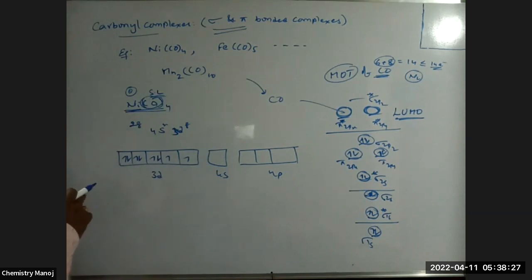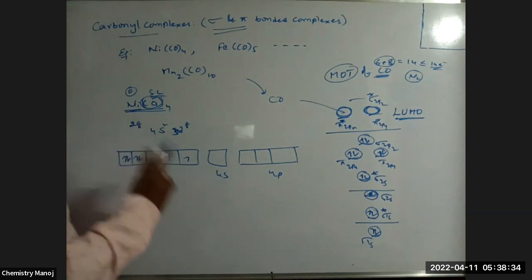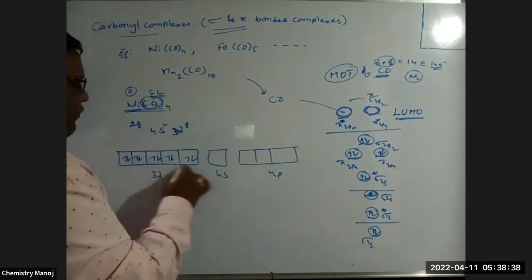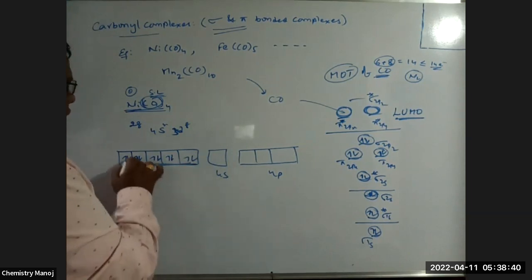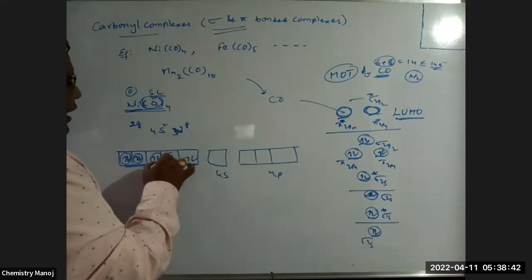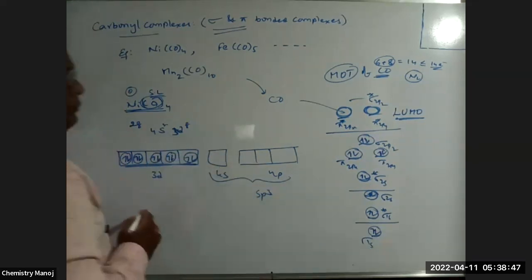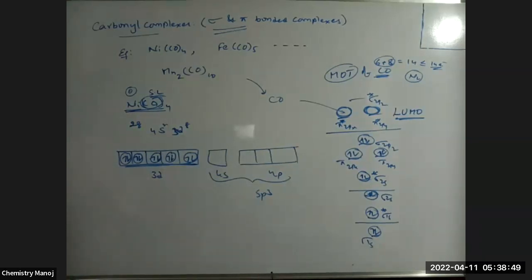Carbon monoxide is the strongest ligand, am I correct? As per our CFT, carbon monoxide is the strongest ligand. It is a carbon donor ligand. Because of that, these two electrons jump from there to here, and now a d10 configuration is there. All those d orbitals are completely filled and the s orbital is empty. That is why it is sp3 hybridized. Nickel tetracarbonyl is an example of a tetrahedral complex, sp3 hybridized.